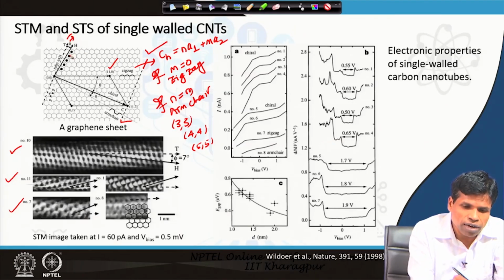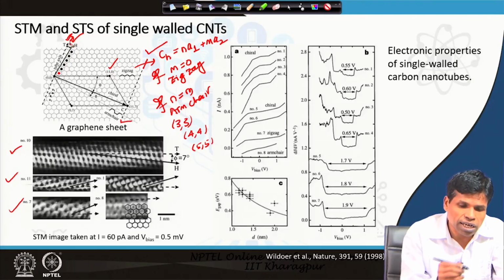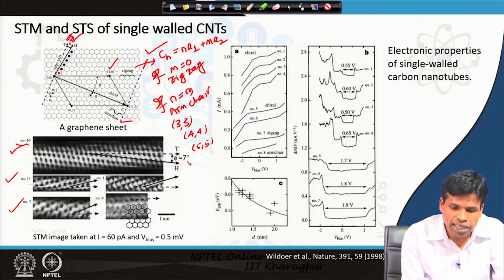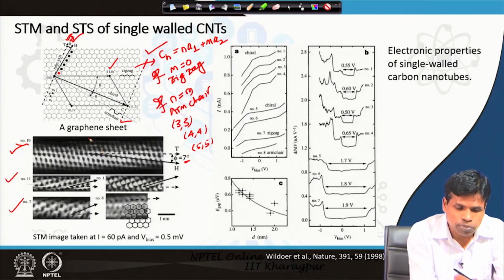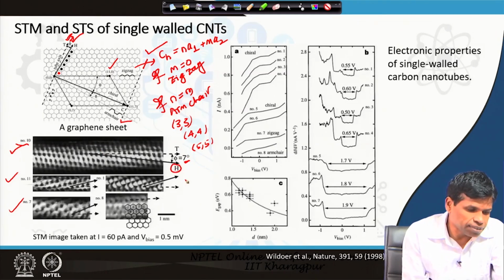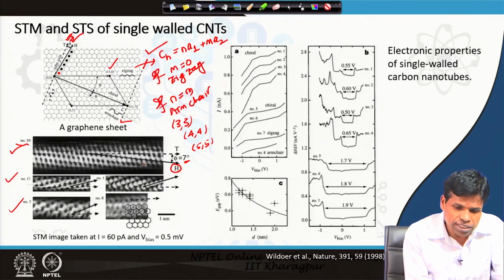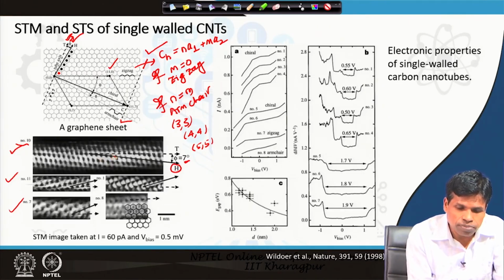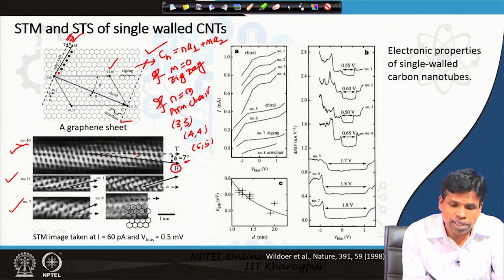Now when it is rolled up with this dash line and this dash line, as you see, these hexagons are at a particular angle phi from the tube axis. That is called the chiral angle. For one type of tube, say tube number 10, this chiral angle is 7 degrees. That means from the tube axis to this edge vector axis we have 7 degrees. Now, one can actually measure how these hexagons are aligned along the tube axis,